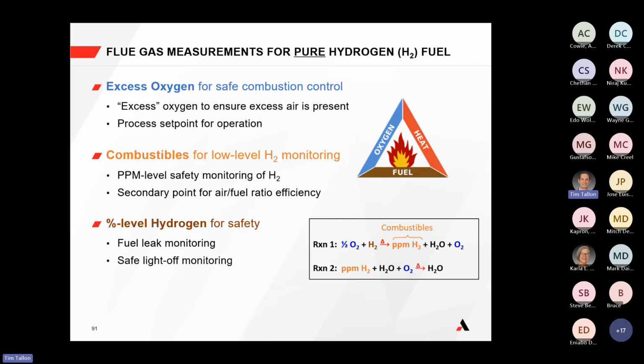And then finally, percent level hydrogen for safety. So again, monitoring for safe operation, especially if you're going to use hydrogen as a fuel. Typically, they start with natural gas as the light off fuel. So monitoring for light off, but also monitoring for fuel leaks, for loss of flame from the burner standpoint. So these would be the flue gas measurements that we recommend and that we see as we work towards pure